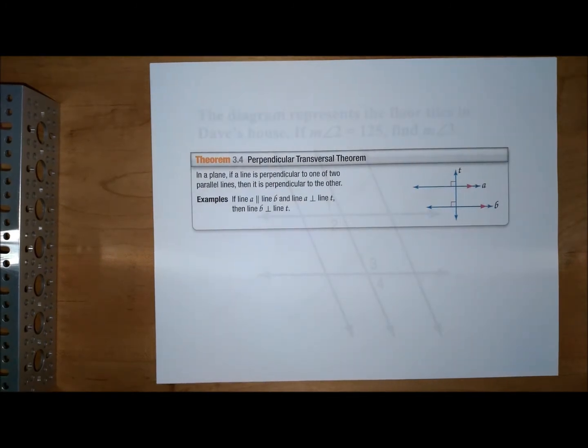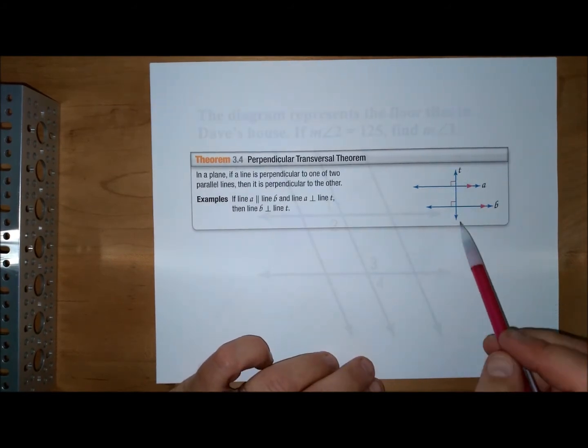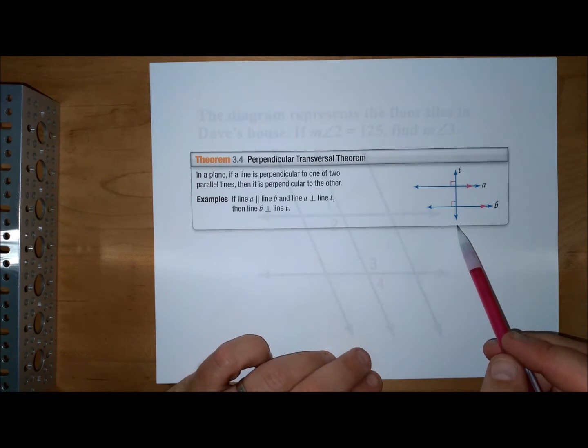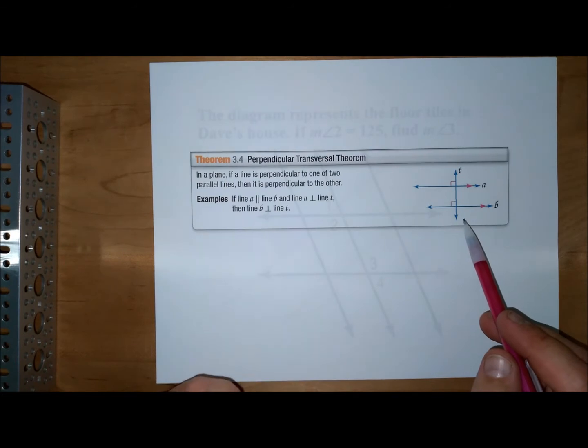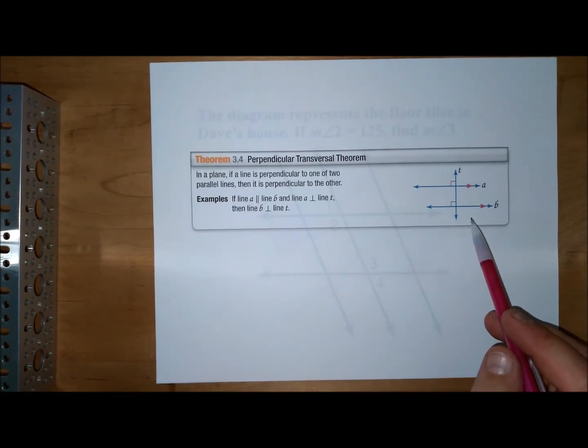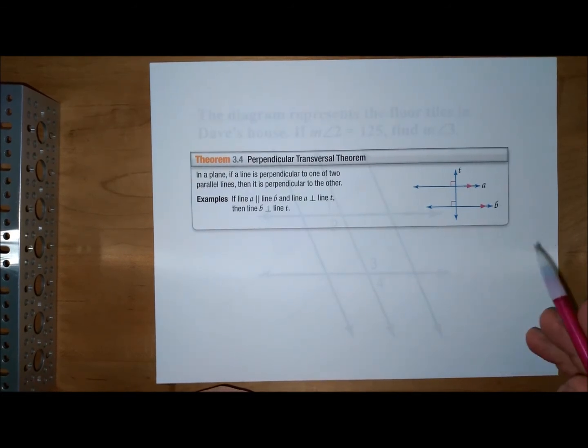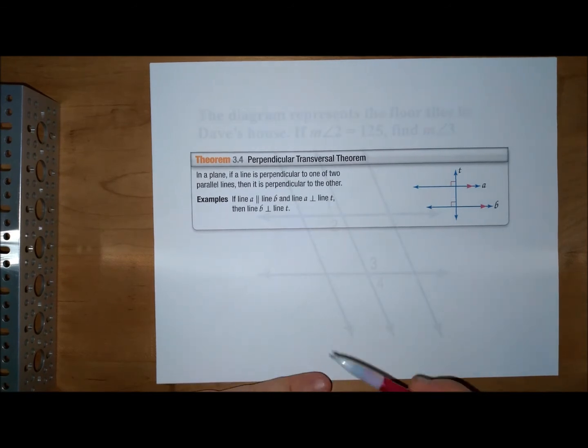One more theorem before we try some problems with these, and that is our perpendicular transversal theorem. So in a plane, if a line, pretend T is our line, it's a transversal. If a line is perpendicular to one of two parallel lines, then it is perpendicular to the other. Okay, and this should come as no surprise because this is really just an extension of our corresponding angles postulate,